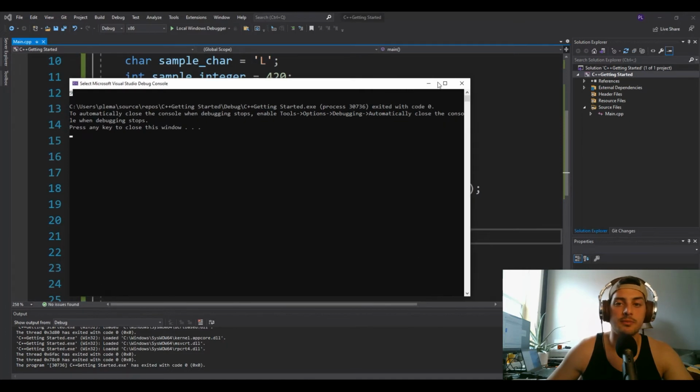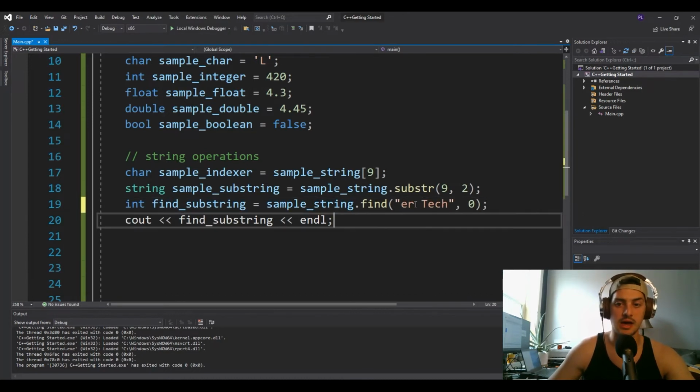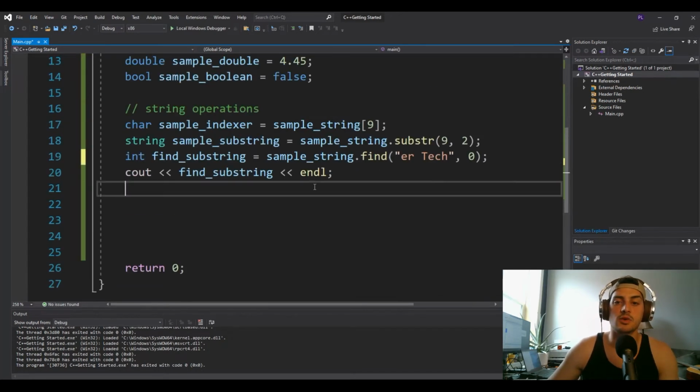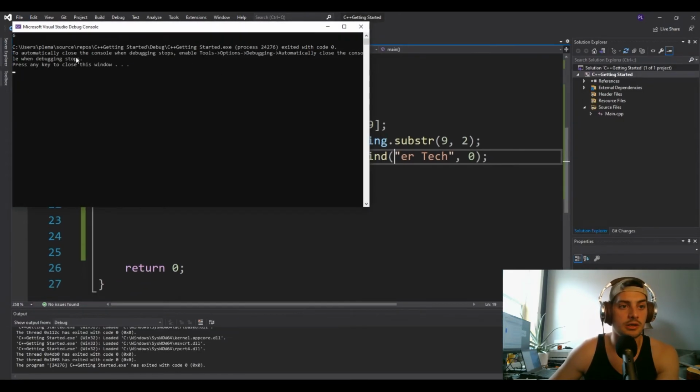So this is good to know, but let's say that instead of tech, because we've been using that one, we actually want to do ER space tech. Okay, so we know that this substring should exist here, which, counting back a little bit, would be 9876. So if we run this now, it should give us the index at which our substring